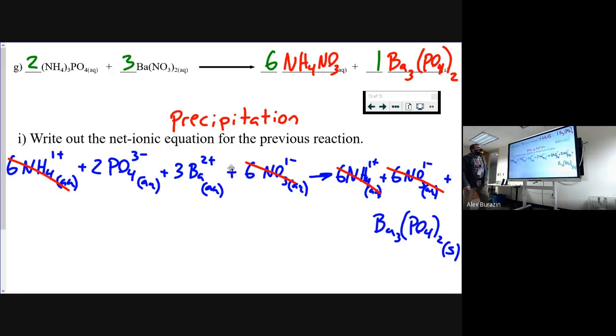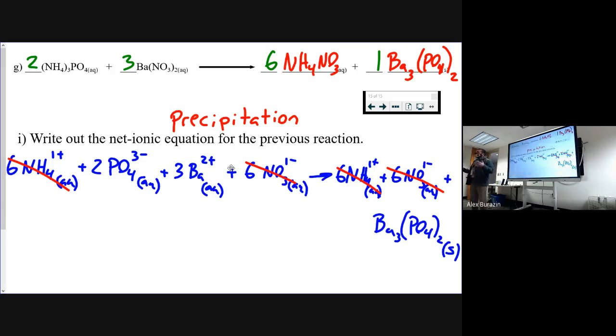But so for G, what I gave you was two aqueous reactants, and both of these are ionic compounds. We're going to flip-flop partners, and then we're going to get an aqueous product and a solid product. I told you that one of them was going to be a solid on purpose so that you could recognize that it's precipitation. So to recap this assignment,